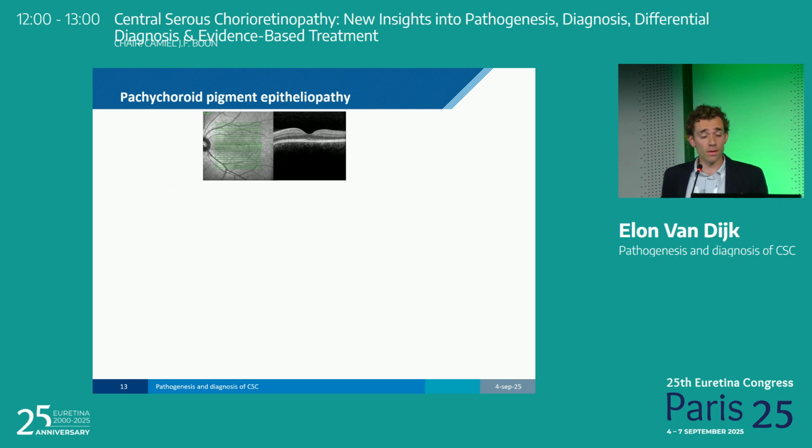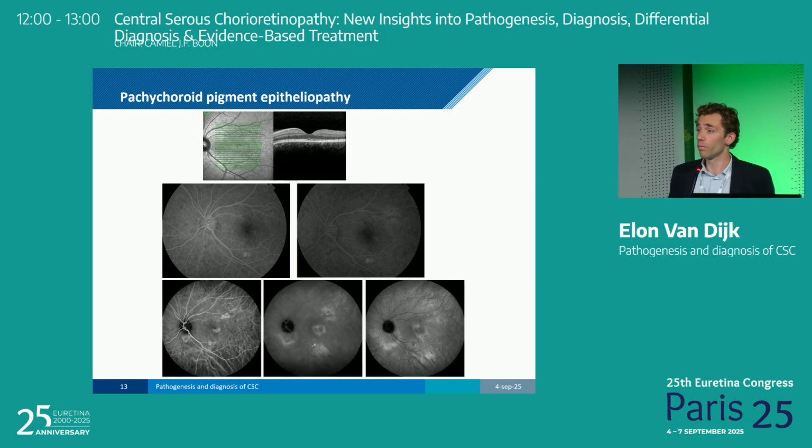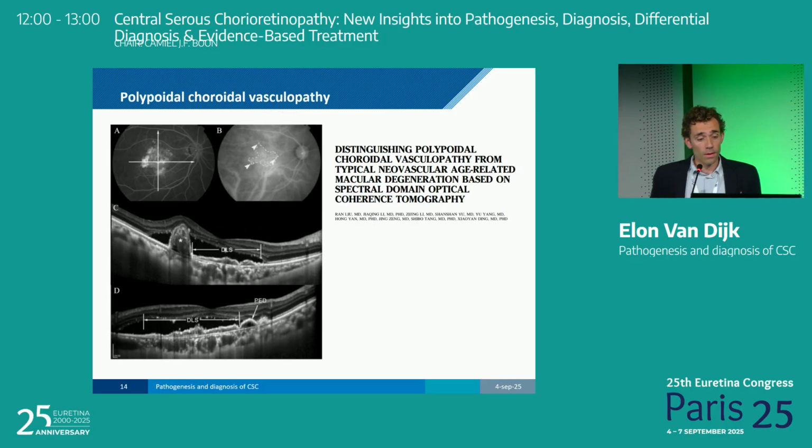In pachychoroid pigment epitheliopathy, there is no subretinal fluid. And usually there is also no area of leakage on FA, or maybe that area of leakage on FA has already disappeared. But on the ICGA, you can see those widespread abnormalities that are really characteristic of the diseases that are part of the pachychoroid spectrum. So even when there's no fluid, the choroid in this patient is sick, so you need to keep an eye on him or her. Then there's polypoidal choroidal vasculopathy. And I mainly want to address a few characteristics on OCT that could direct you towards the presence of a polyp.